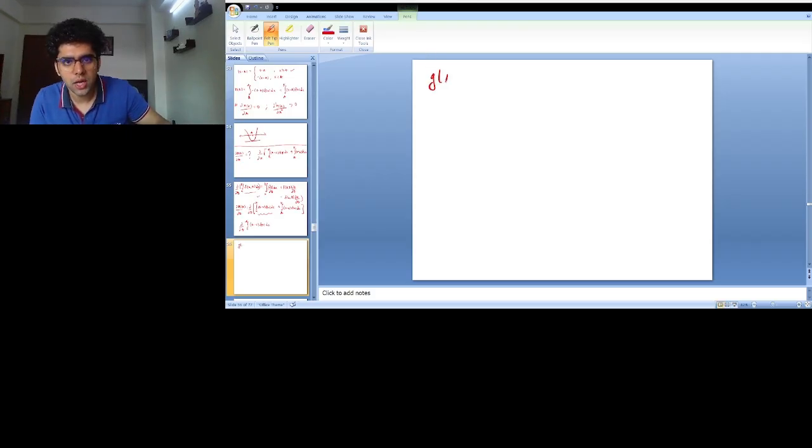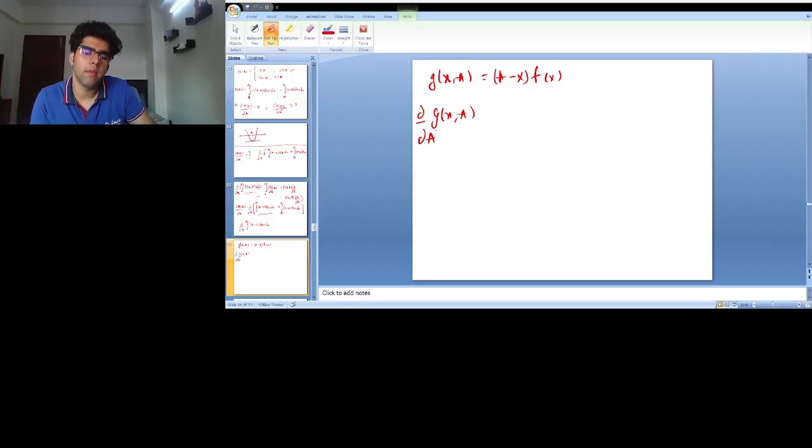So g(x, a) is equal to a minus x f(x). Now if I apply my formula on this expression, d by del a of g(x, a), this will become small a to capital A,